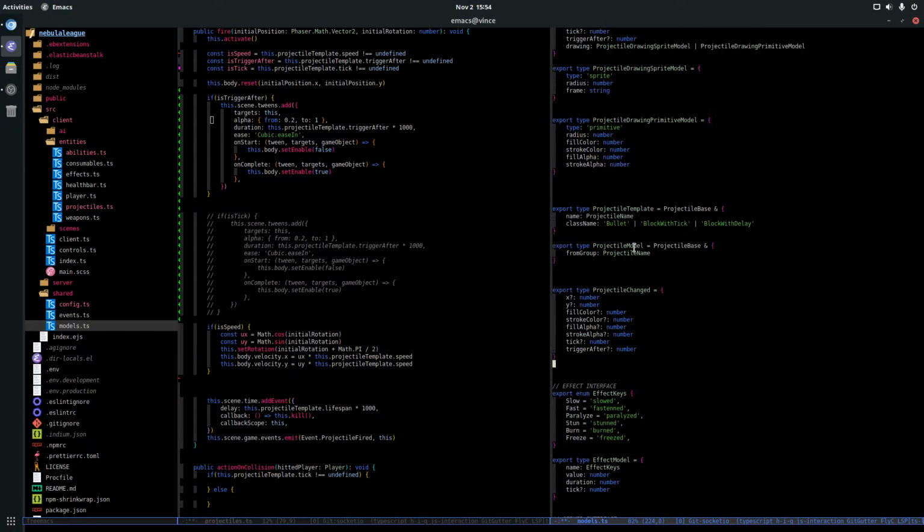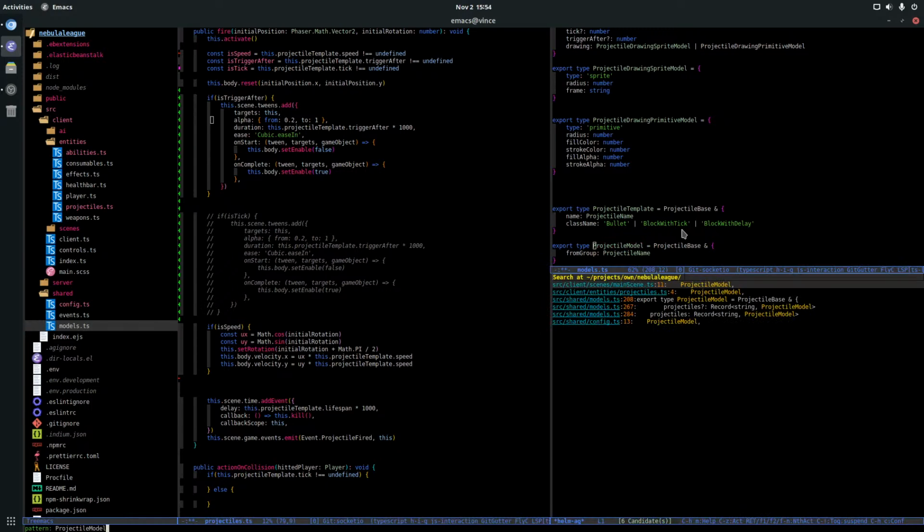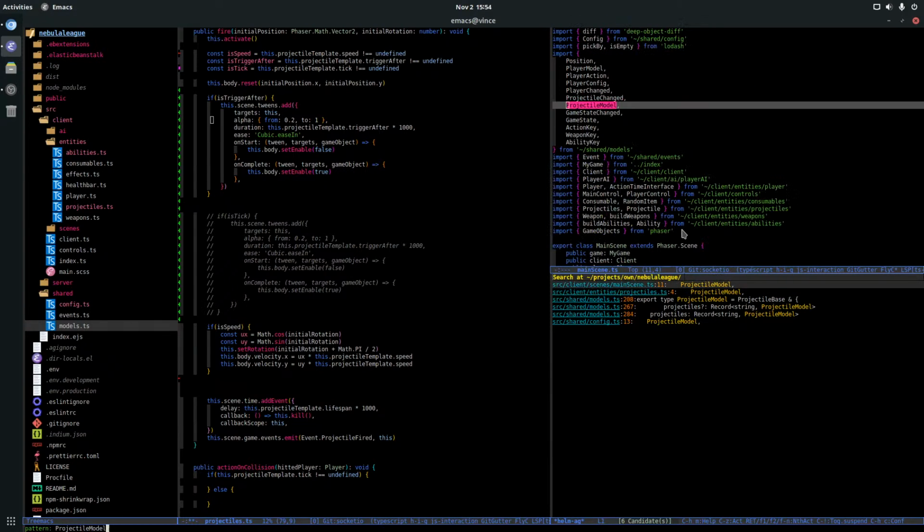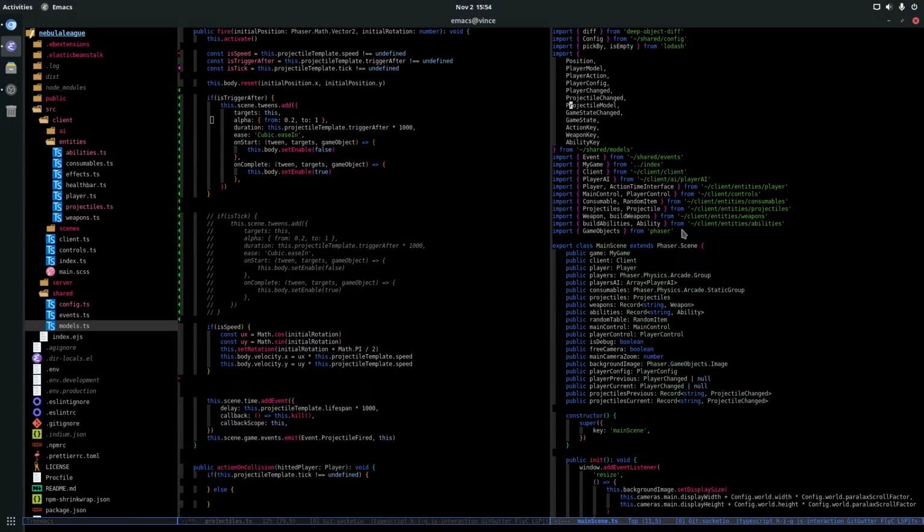Use the projectile model here, because I need the from group. Where is it used? It's for my server. I know it's used for my server, this one. It's never used. No? No, it looks like it's never used.